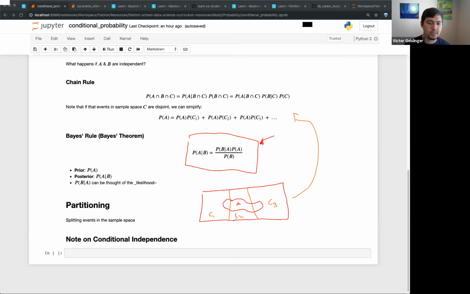When you hear partitioning, just know it's partitioning the event space or the sample space. Okay. And again, they talk about it some more, and they show a lot more of the notation, but it's pretty much using all the same notation we've been using up here. Okay, cool. So that's kind of all of conditional probability.